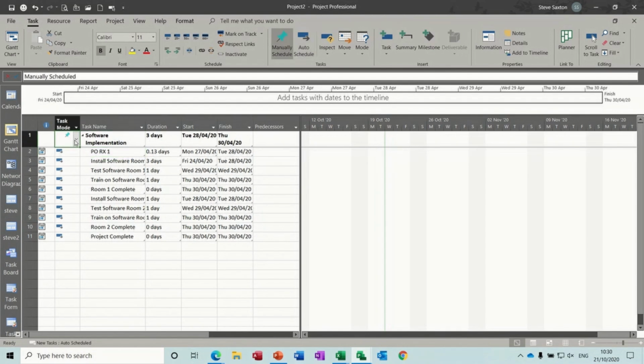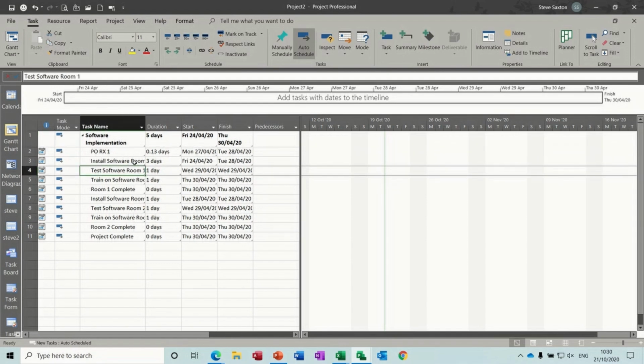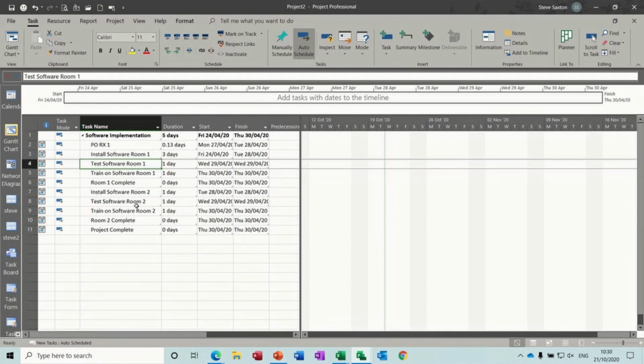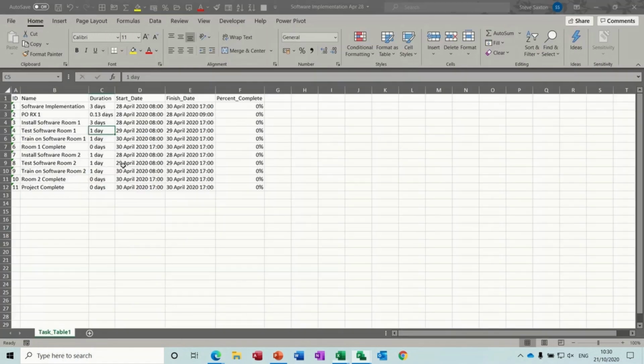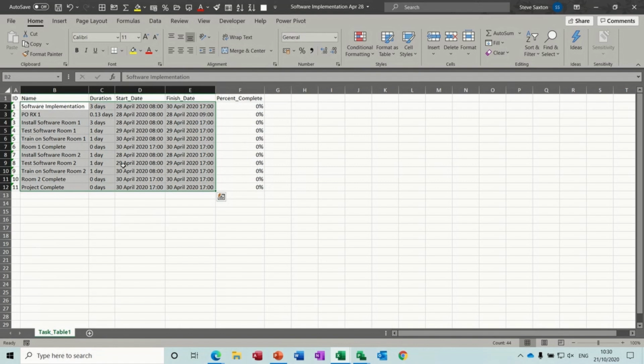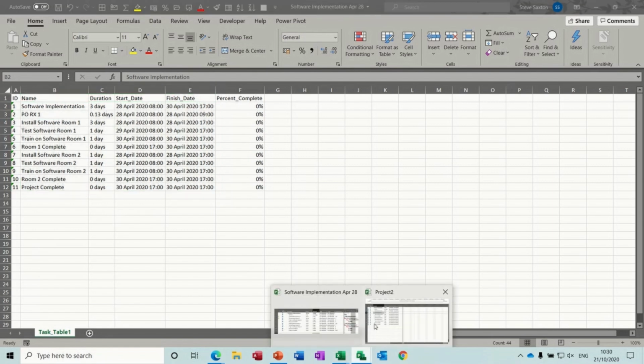So that's gone to, let's put that into auto scheduled. So now let's pick that up. Just widen this a little bit. Because this is linked, you can't edit the data. I've just double clicked on that and it's brought me straight through to Excel. If I go back into Project,